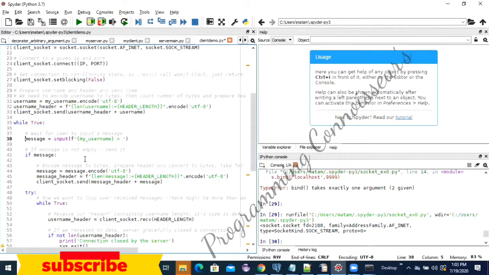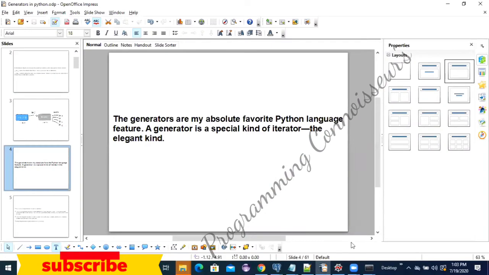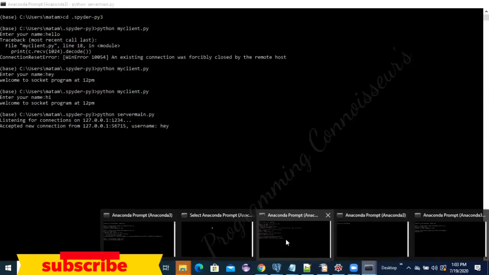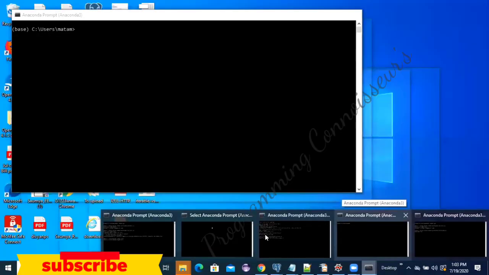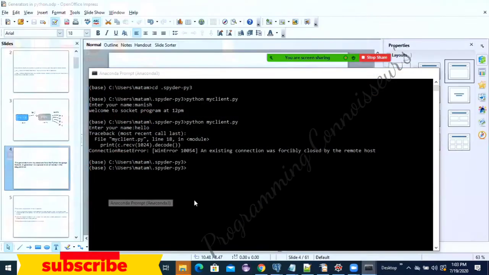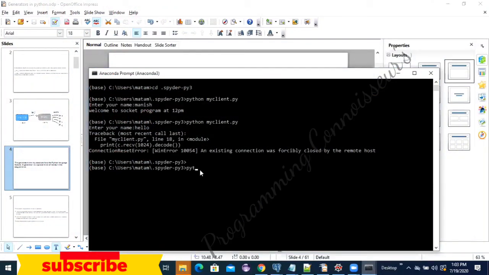In order to see your chats coming continuously, what is happening between the client and server, I'm instantiating one more client. This is your server, and this is your client. Username. It is asking me for a username. So now, if you observe here,